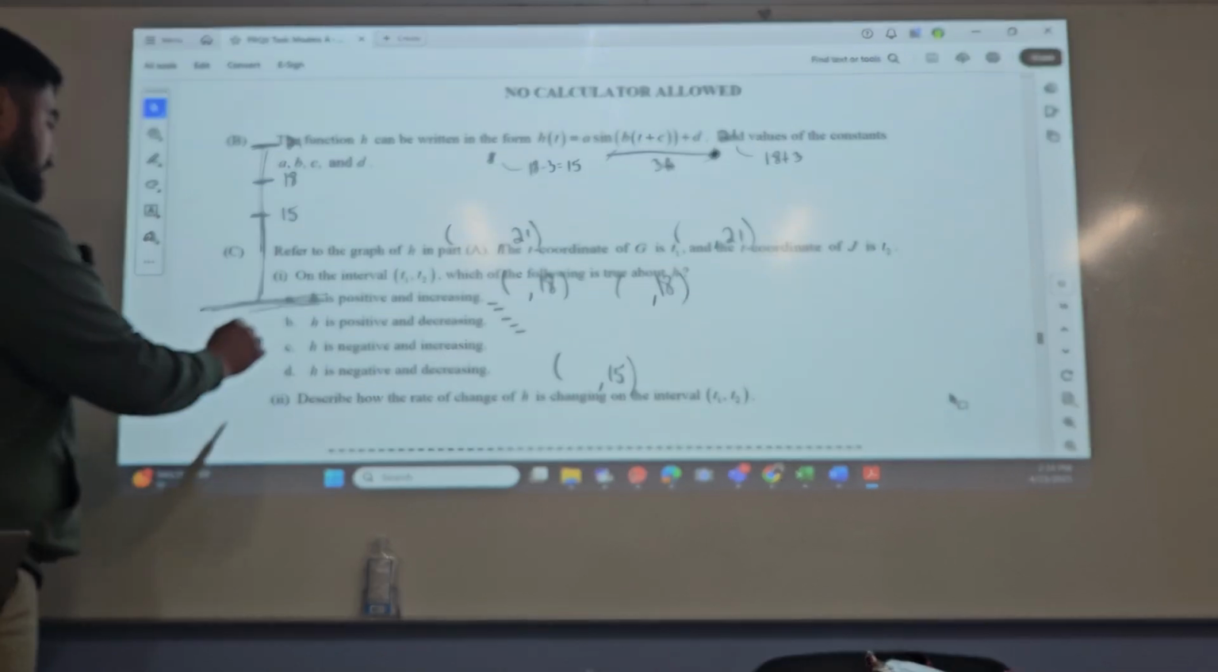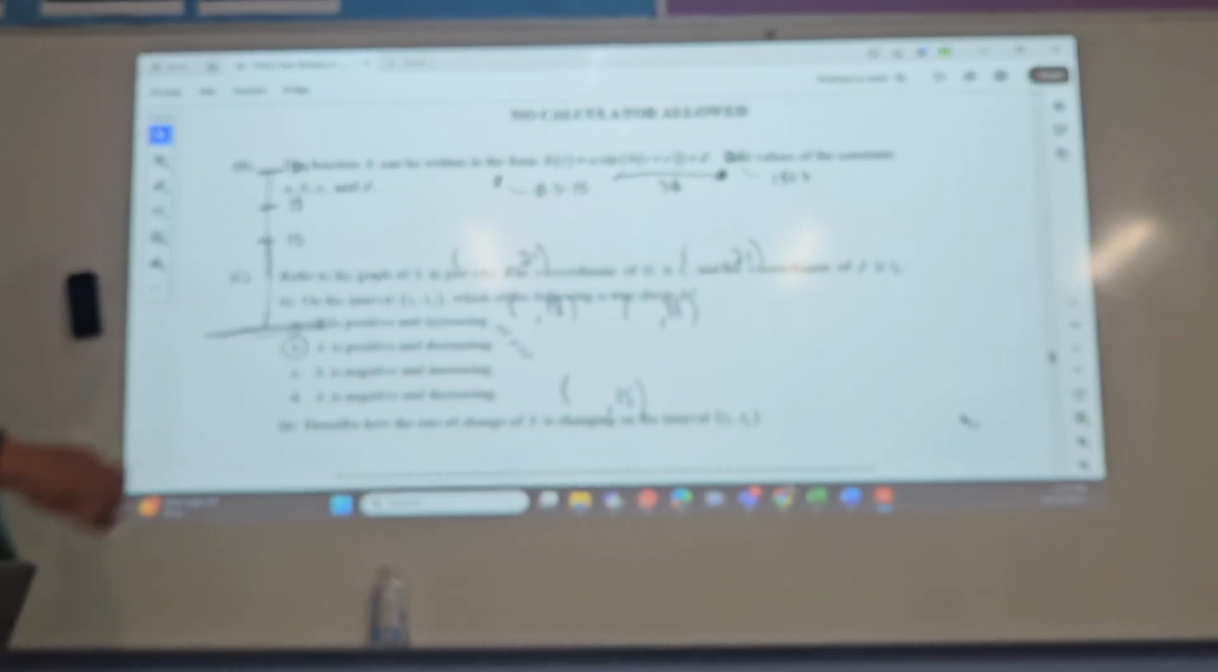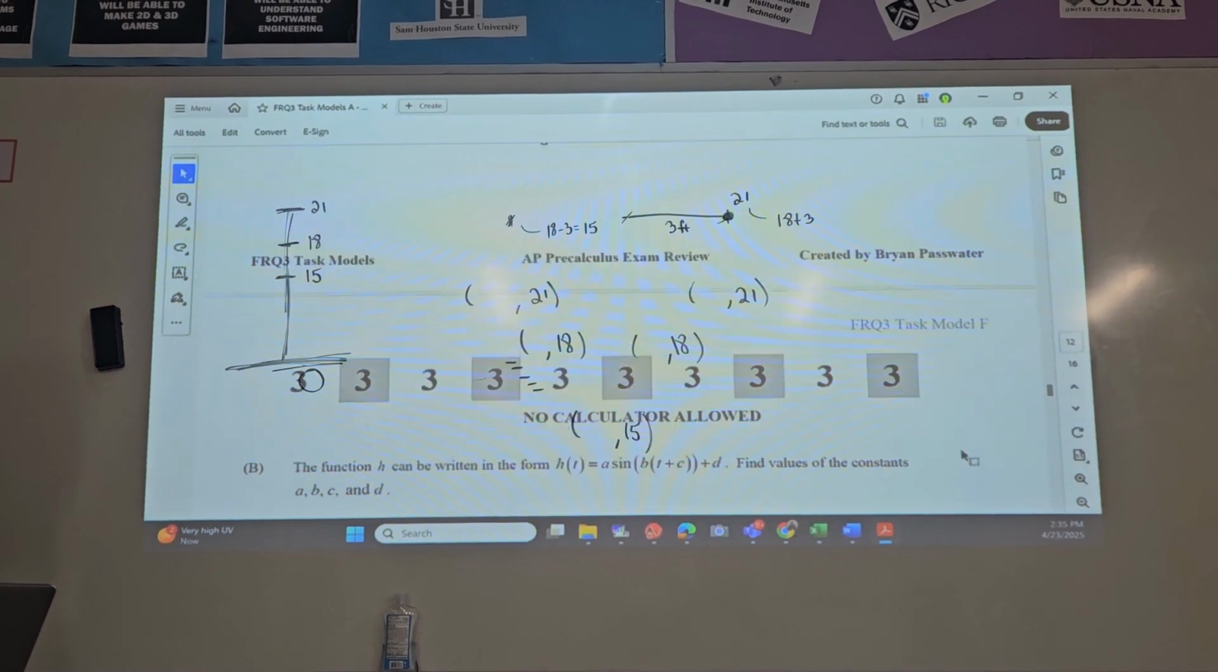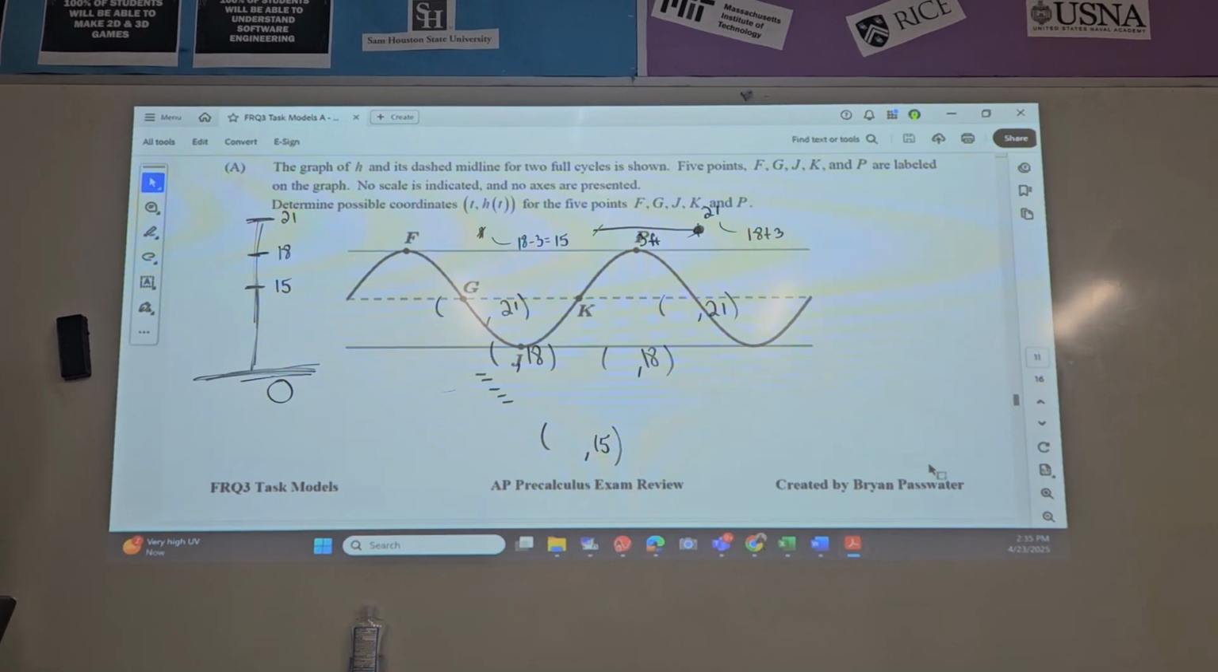And positive and decreasing, it's B, right? There you go, simple as that. But now, if I want to go back over here, if I go back over here,